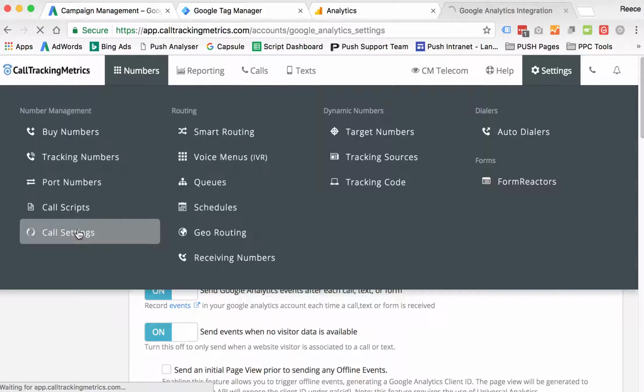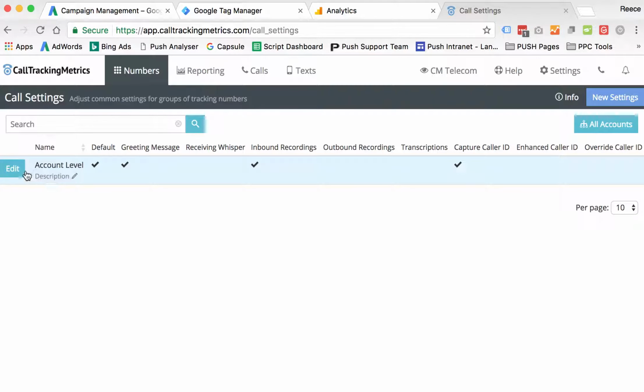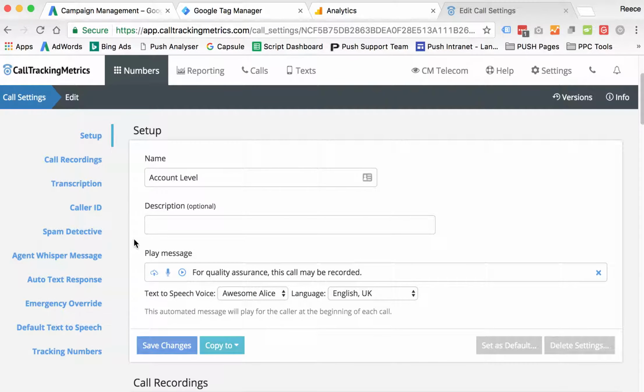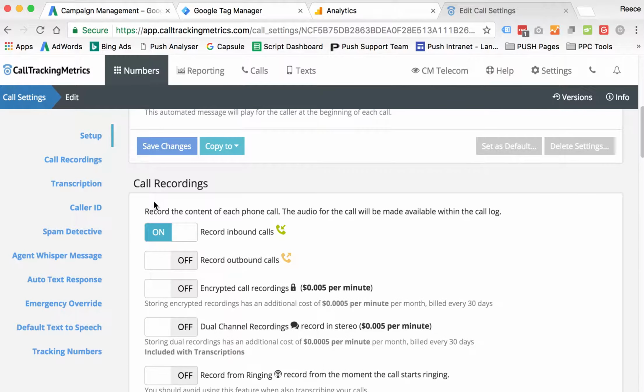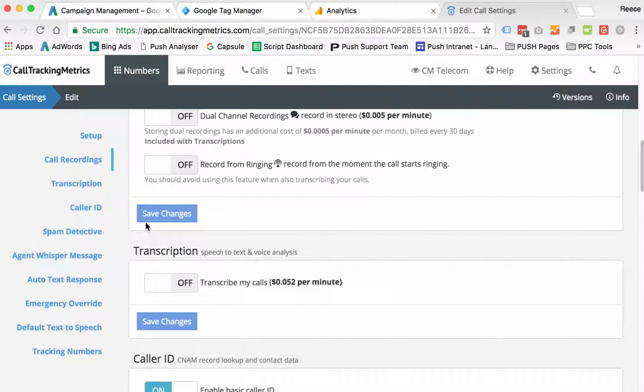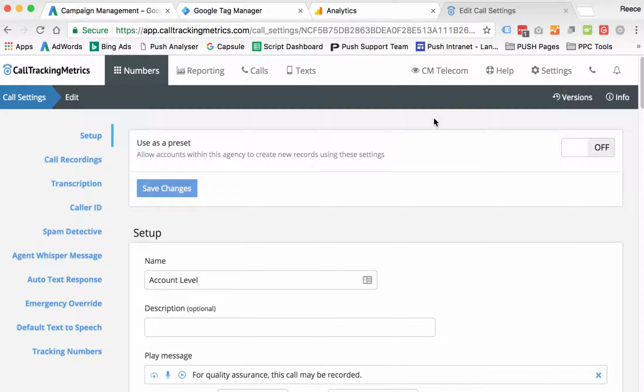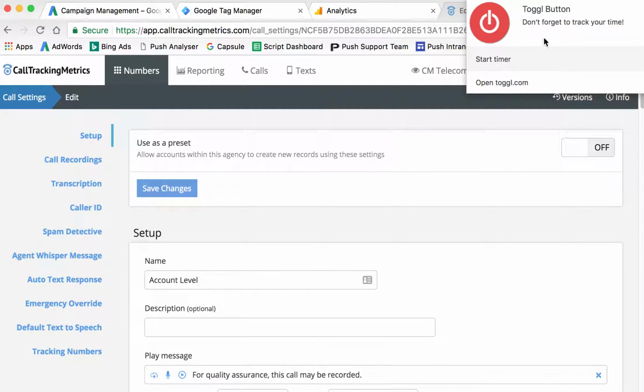You can go through call settings and edit, and just go through all these settings. I mean, you can make your way through that. They're not necessary, but they're there. Stuff like call whisper, so to tell them that a call from PPC is coming through before they then actually answer it, so they know. For example, once that is done,